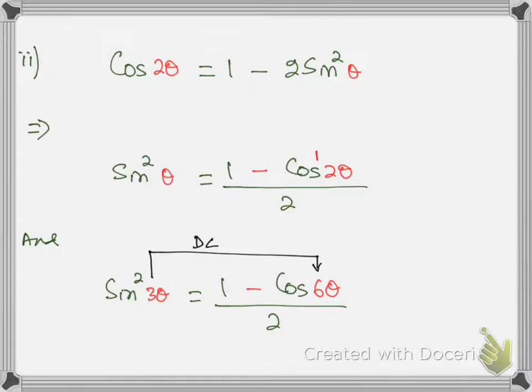Now cos 2 theta in terms of sin theta. Again, if you observe this power, this is 1 and here the power is 2. So now you can make sin square theta subject. So when you make sin square theta subject, you will get 1 minus cos 2 theta upon 2. See, this is power 2 and this is power 1. So double angle formulas can be used to convert power 2 into power 1. We use these things in integration when we integrate sin square theta and cos square theta.